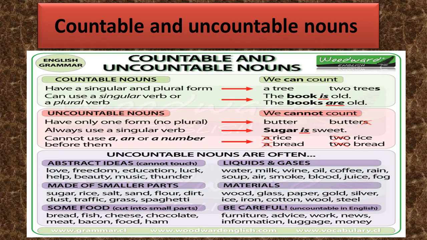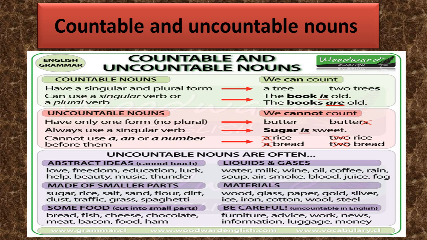First, the countable nouns. What are the countable nouns? They are things which we can count. They have a singular and plural form. Example, I can say a tree or two trees. They can use a singular verb